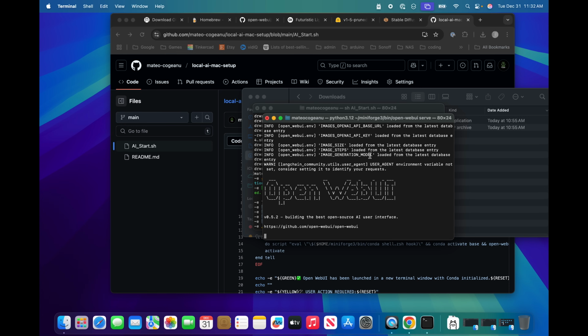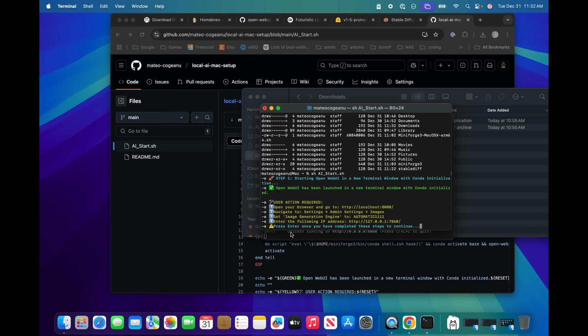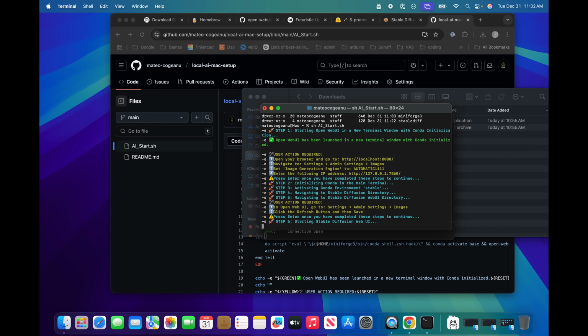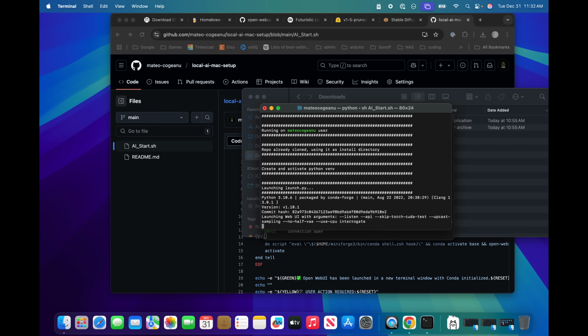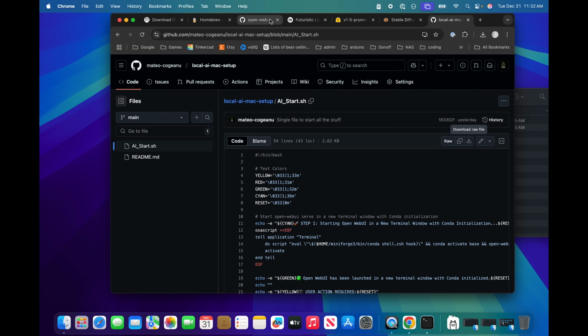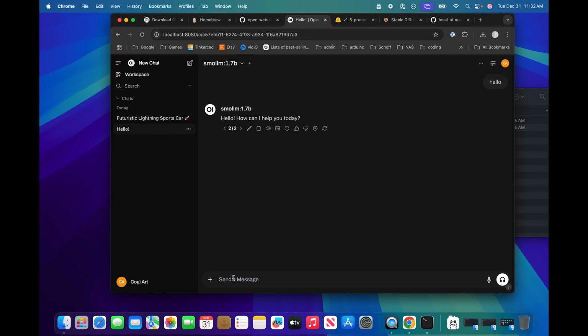Here's the Open Web UI. We can leave that there. And then here's our user action. Open your browser, but we did all of this, so we can click enter. And we also did this. We can click enter. And now if we refresh, it's all still online and we can send something.